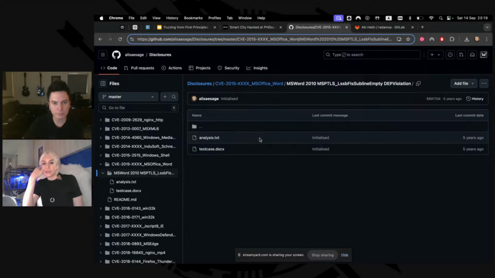Once again, it was at a time when there was no coverage-guided fuzzing. And even if there was, because Office files are so huge and they are not exactly binary, it doesn't make sense to fuzz Office files with coverage guidance. And the approach that I used here is to try to generate them from scratch.